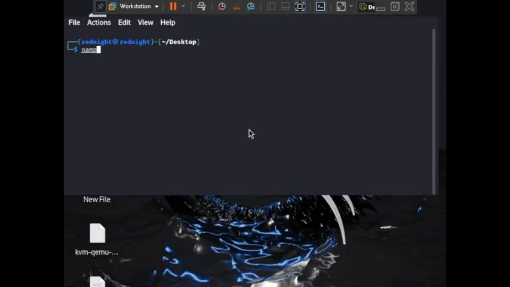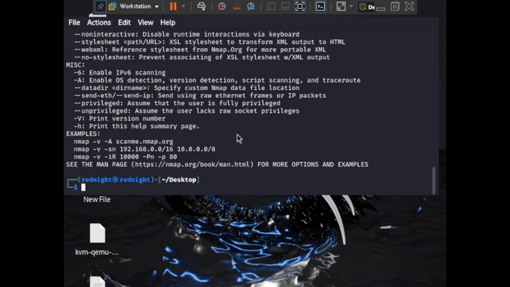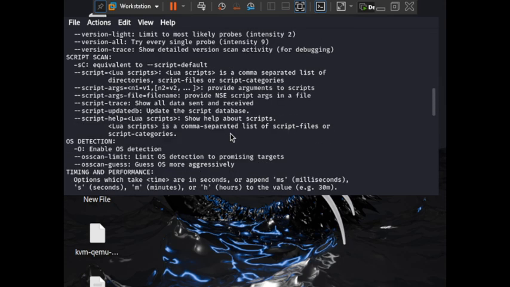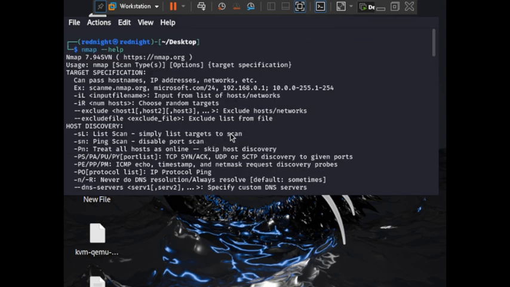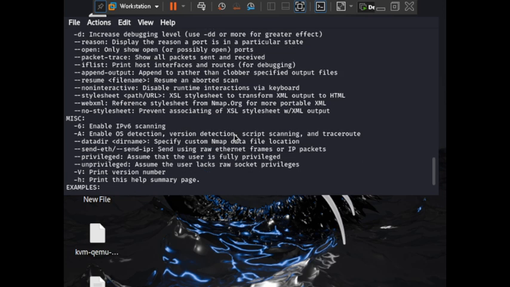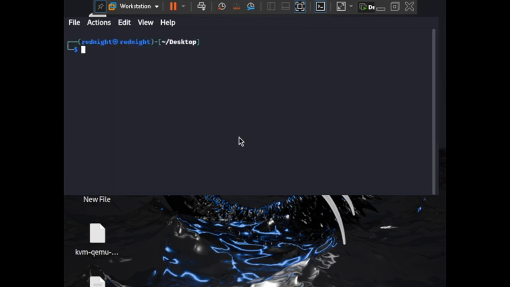Nmap -help. When I'm navigating to Nmap, this is our help, so that you can know which commands to run on Nmap. Then if you want to find a target, let me clear the screen for now. Do it like this, then